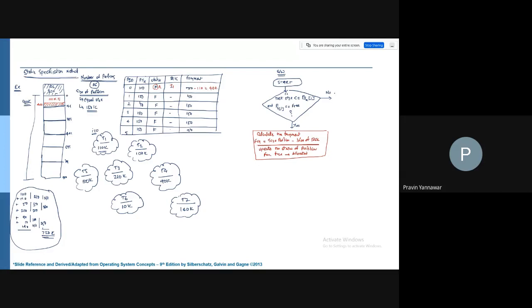Okay, if this condition is false, the simple case is you need to announce that there is not enough space to accommodate the task.